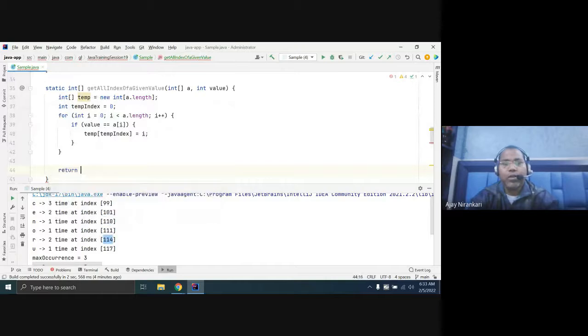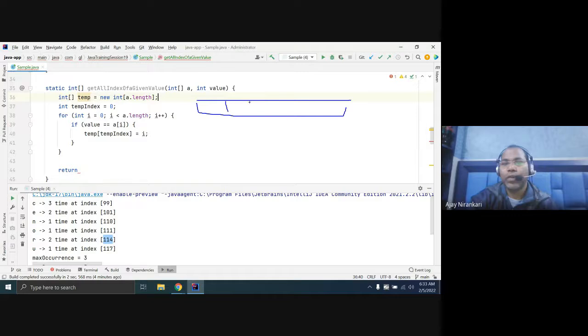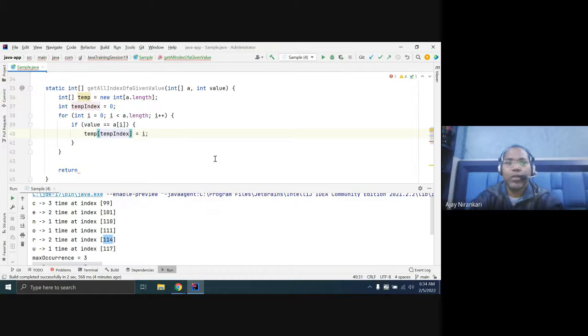You have to return, but this length size is so huge. So instead of returning all the length, whenever you create the first array, it is a huge size, up to 256 characters, but you put only your matched value, maybe at index one position or two position. So hardly your length would be the number of positions you added. So you just reduce the length, and here you can just say temp index plus plus.